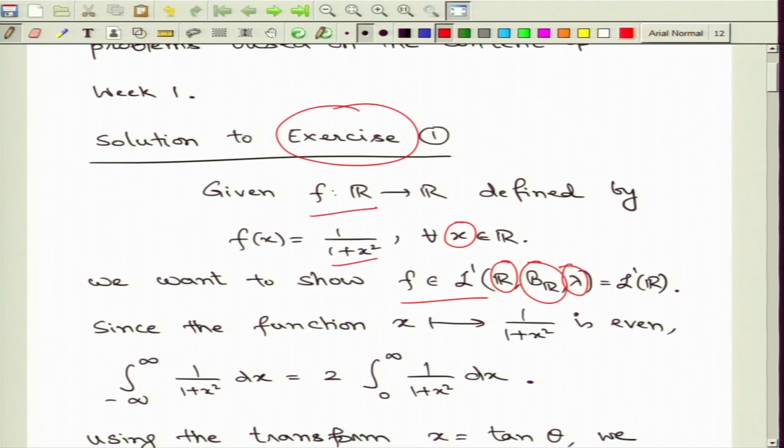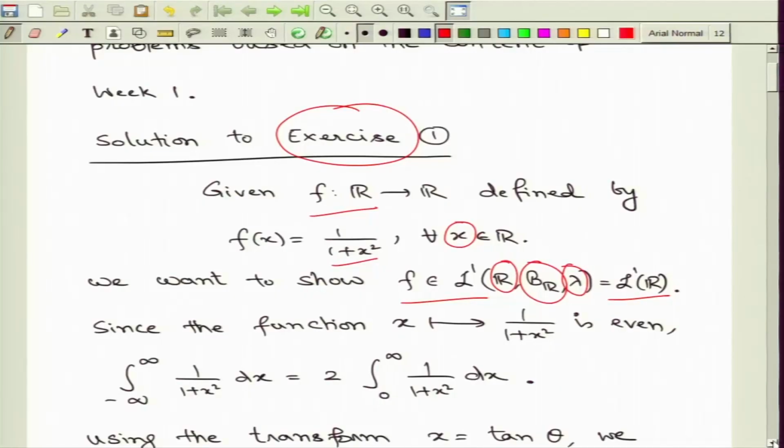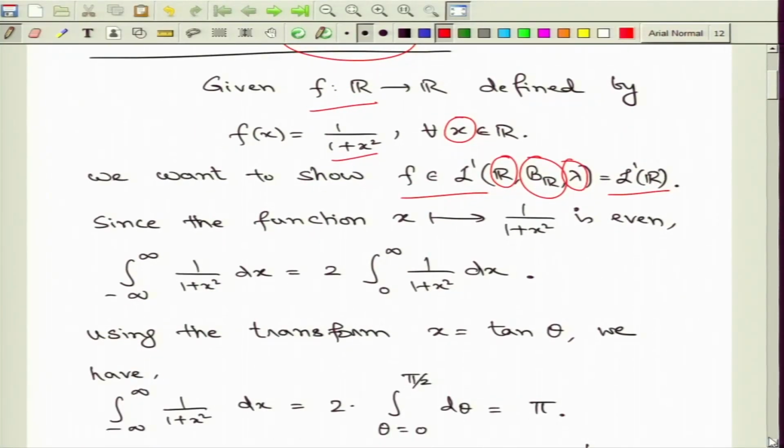Now, as per our standard shorthand notation, we are looking at this L1 of R space. So, we will hide this Lebesgue measure and the Borel sigma field, because this is understood from the context. Now, the function that we are looking at, we want to check the L1 integrability of that. So, first of all, we want to check the Riemann integration structure for this given function.